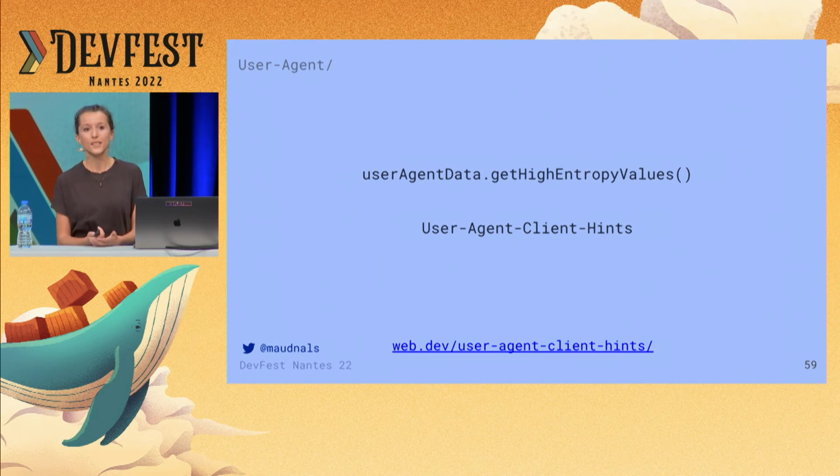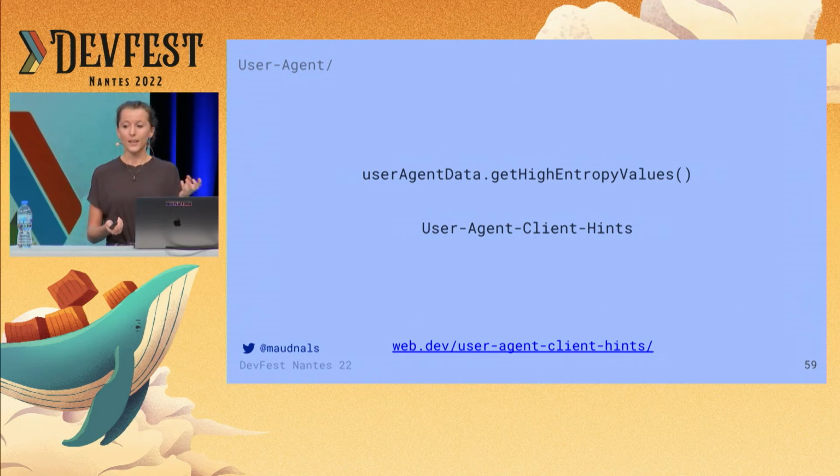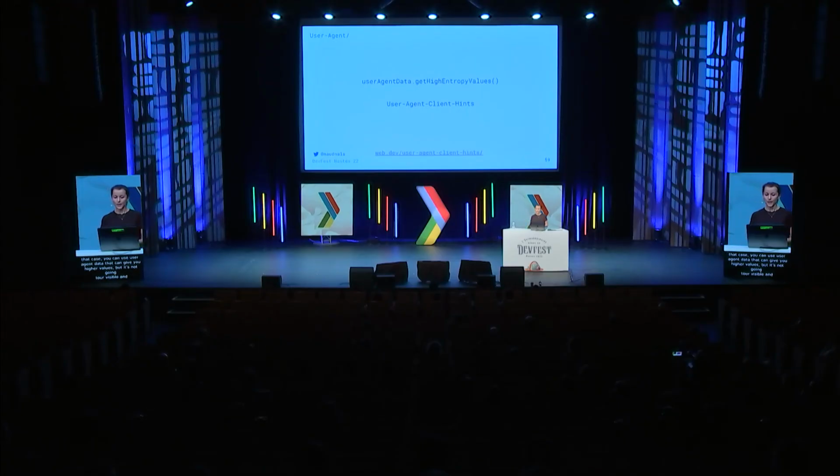One last thing. What if you need more detailed information? What if you actually need, for example, the device model, that was removed in the reduced version of the user agent string? Well, in that case, you can use user agent data's getHighEntropyValues, so you can still access that information, but it's not going to be visible by default, and the browser can monitor that. And the second bit is, I showed the front end piece of that, the web call for user agent data.